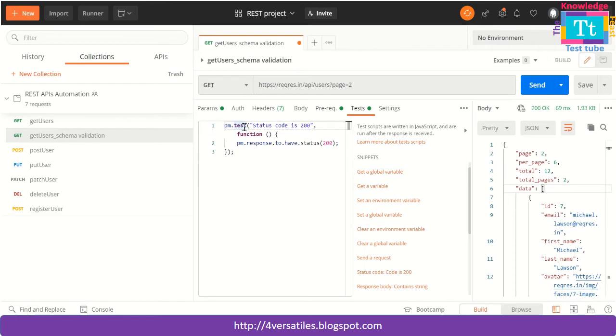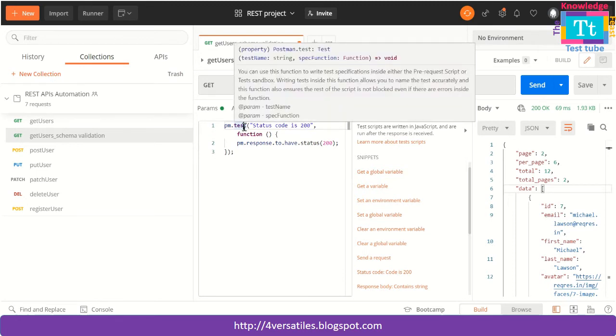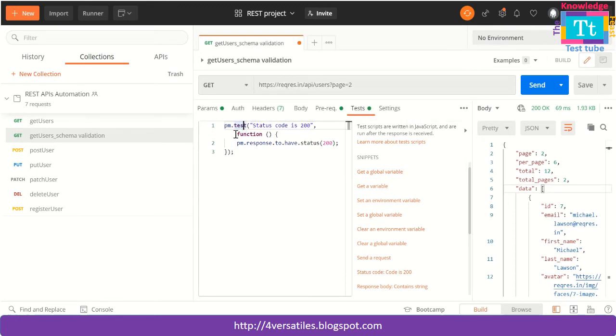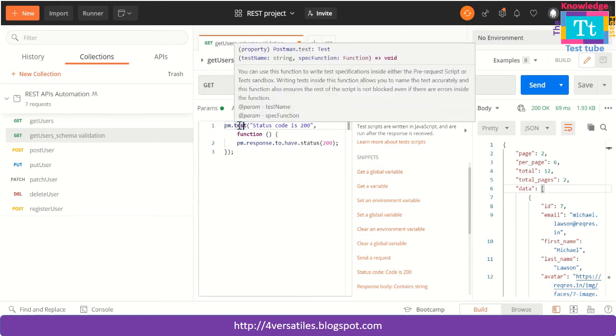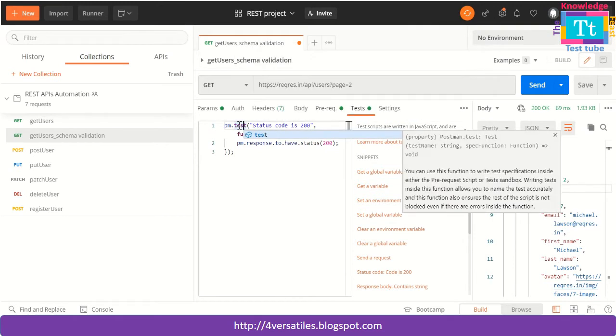And if you wanted to see the definition of the method, keep the cursor over there and you will see what this is doing. Otherwise, you can press Control space as well. Here it will give access to what that is all about. Test is a method which is taking two arguments. One is test case name. It is a string type argument. The second argument is about a function.